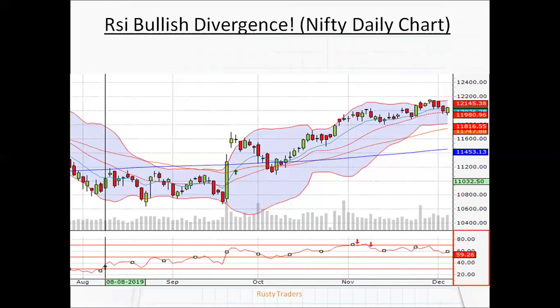The second thing is, is RSI an indicator that one can completely trust? No. If RSI was such an indicator, then this particular move that happened on the downside would have never happened after it gave a buy signal. That is where the whole idea of stop losses comes into the picture.